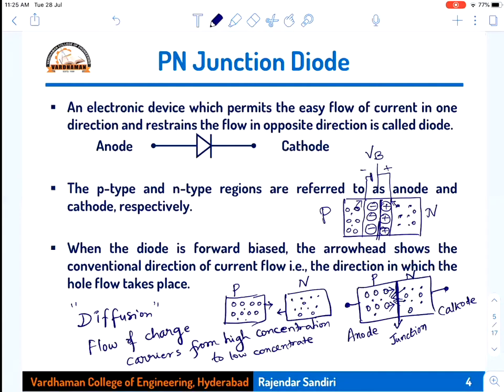That barrier potential, the barrier created across the junction, happens immediately once you bring both in contact with each other. It happens within a very short time, and after that there will not be any further movement of the charge carriers, and there creates a potential barrier called VB. Okay, and this width we call the depletion width, represented by W. And that region we call the depletion region.